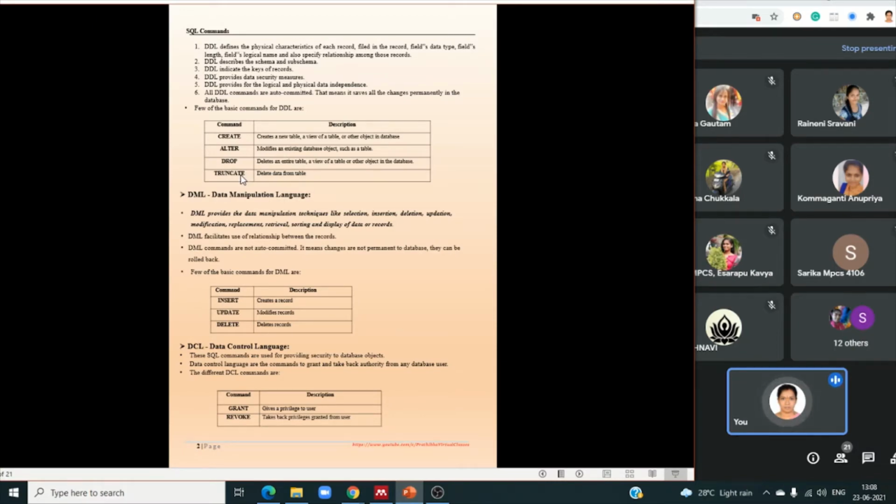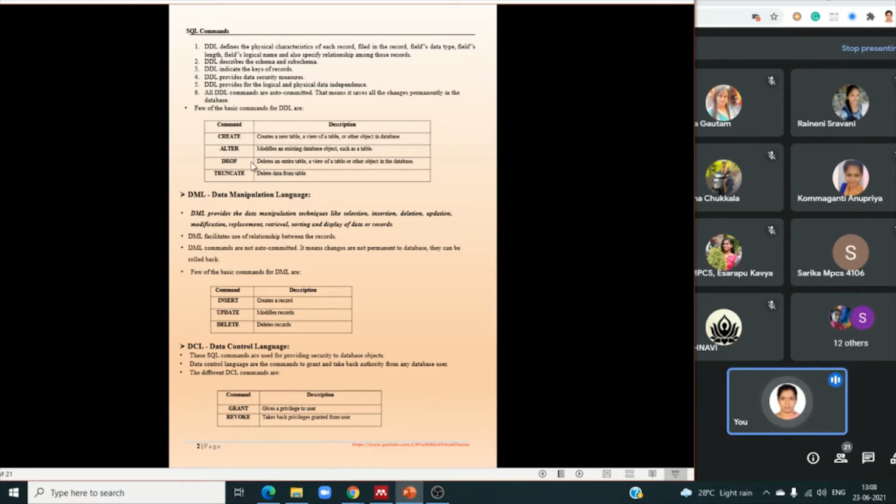Truncate is also one of the DDL commands, which deletes data from the table. When we drop, it drops the entire structure also. When we use truncate, it deletes the data from the table, not the structure. Further, you can insert records into that table again after truncate.